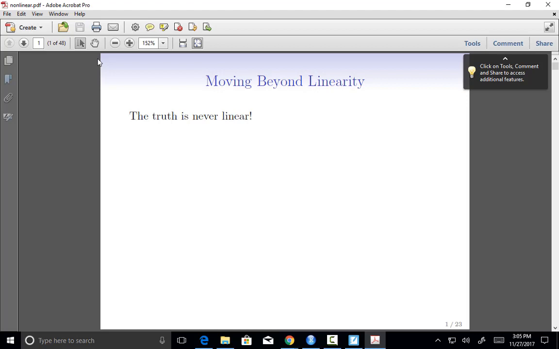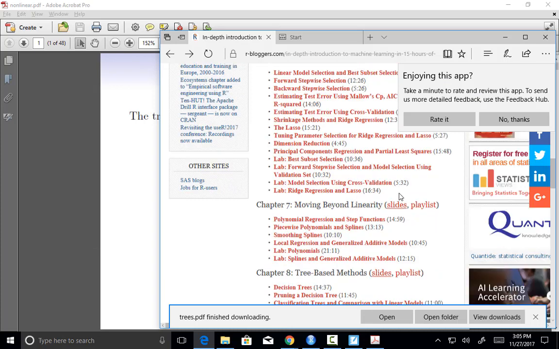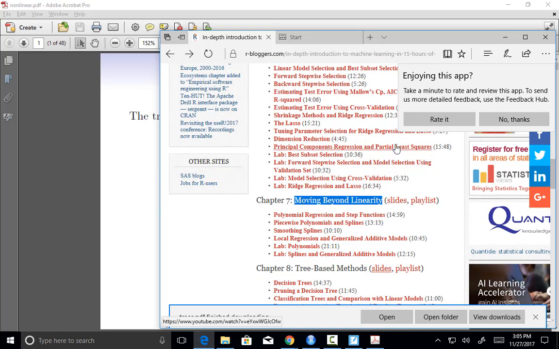What I want to do this week is wrap up our coverage of the Introduction to Statistical Learning material. And there's 3 chapters that I want to touch on. The first is what the authors call moving beyond linearity. So I'll say something about that today. The idea is that in usual linear regression, the type of linear regression models that you see in a STAT 101 class,